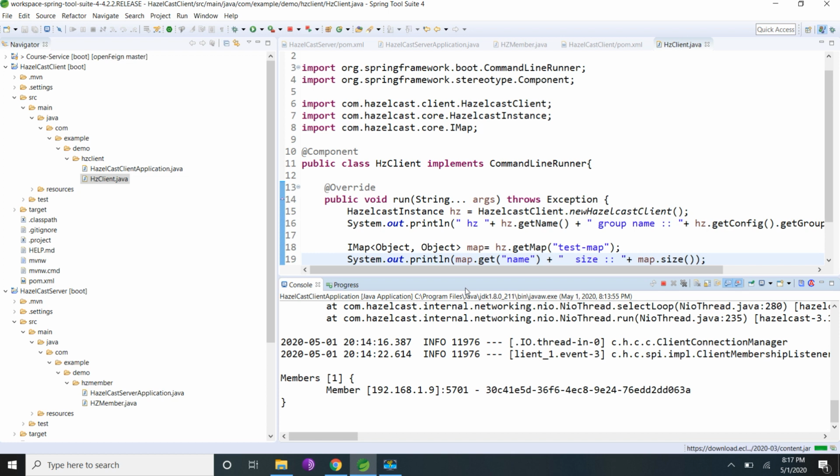So if I am having 4 instances, when I bring one node down, the partition table will be updated and the data will be moved to the other nodes. Already we will be having the backup. From backup, the data will be copied and updated. So we are able to still serve our request, and if all the nodes go down, we will lose the data. Otherwise, if at least one node is up, we are still able to retain our data. So these are some basic advantages of Hazelcast.